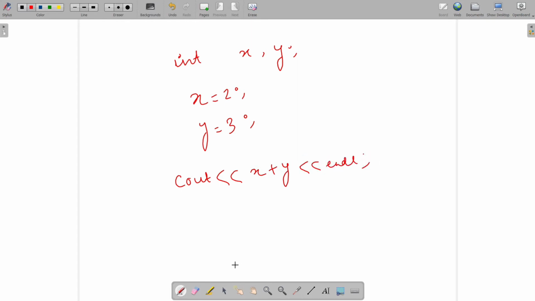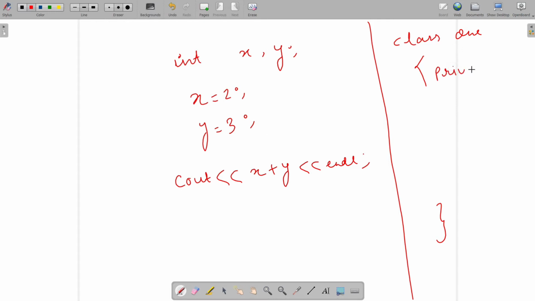That's it. Now for example, let's say we have a class, and this class has two private members, x and y, which will have some values. Can we add x and y like this?